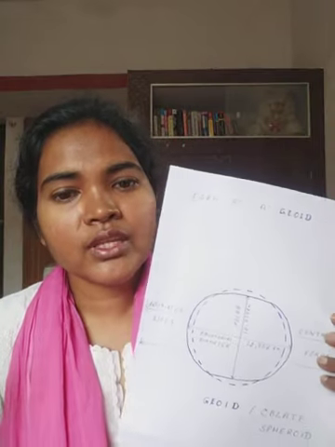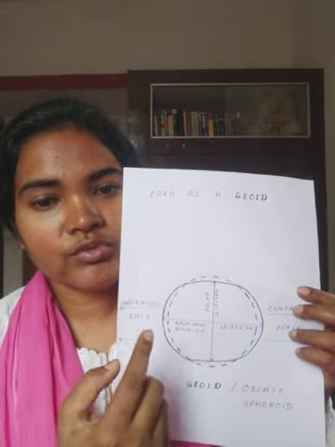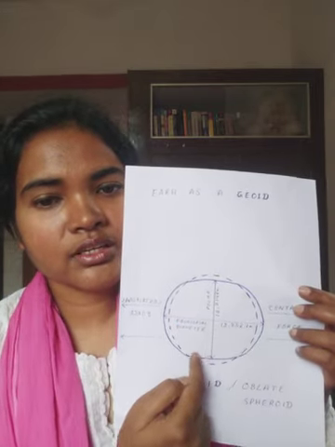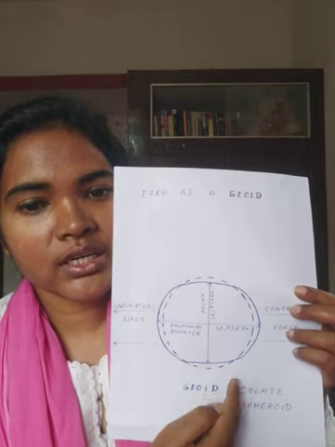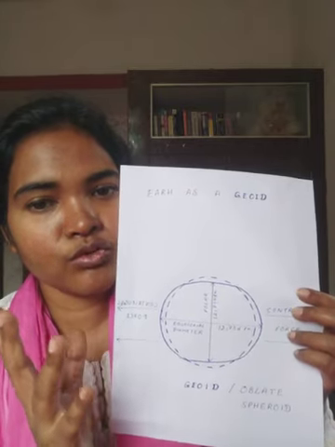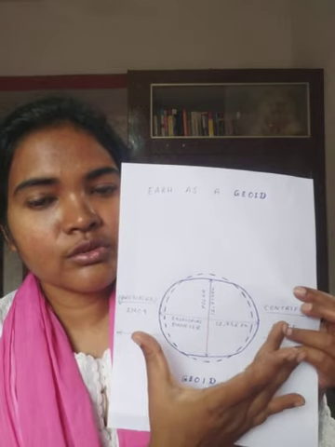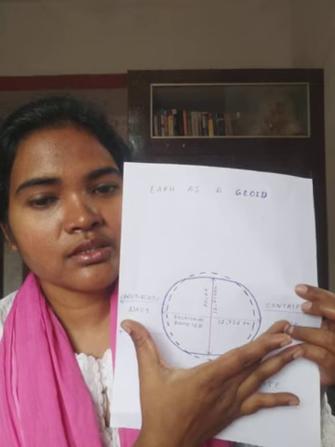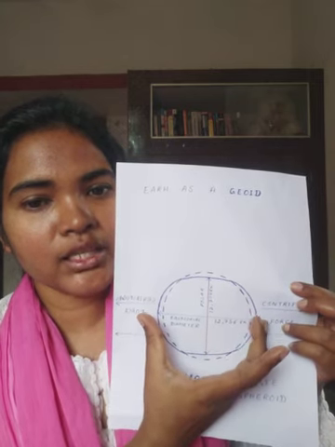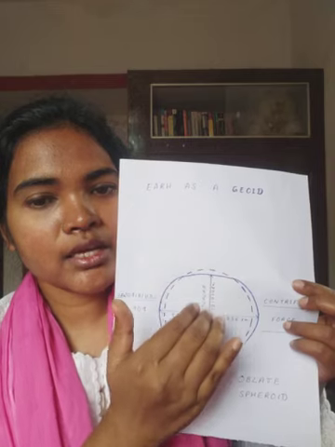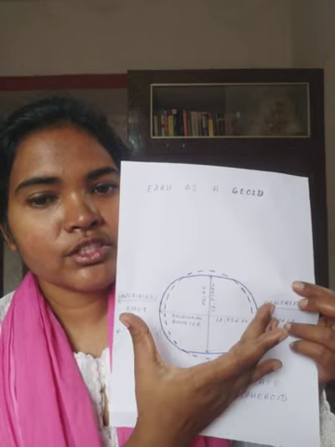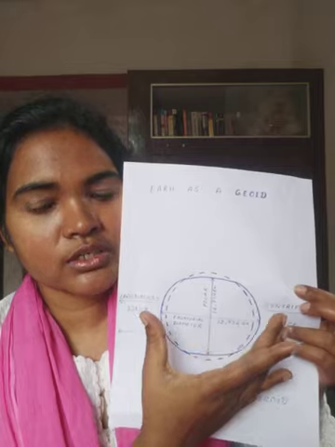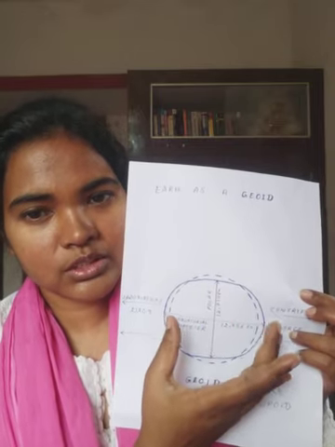And lastly, the geoid shape of the earth is because of the rotation of the earth. We had seen in last class also. If the earth was not moving, it would be a perfect sphere shown in dotted line. But since it is moving west to east, centrifugal force acts outwards at the equator, forming a bulge at the equator, and it is compressed at the poles, which gives it the shape of a geoid or oblate spheroid.